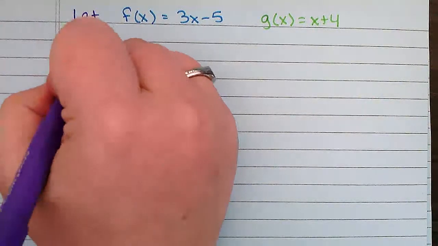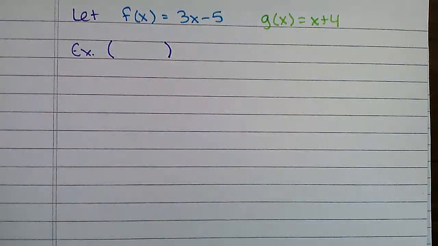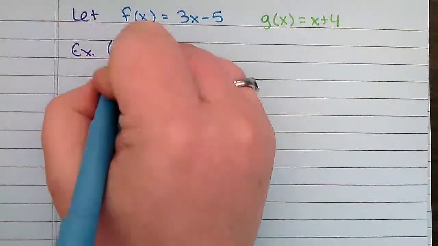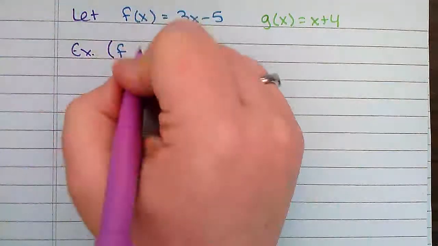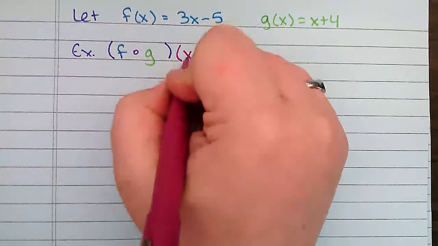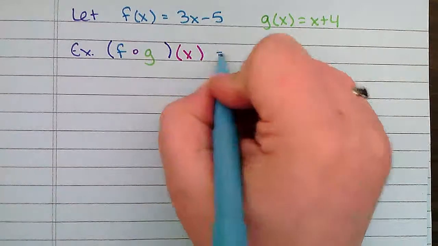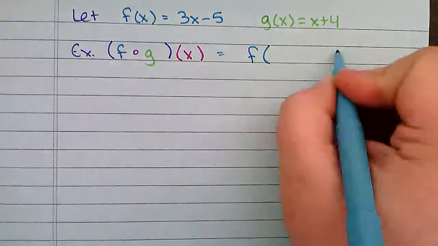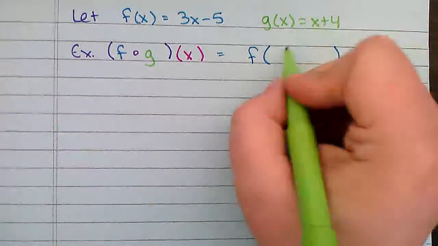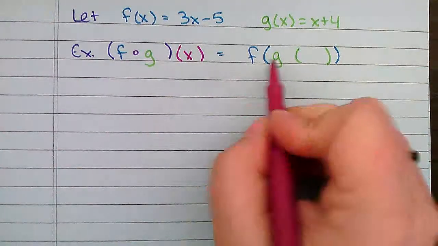My first example, I want to find f of g of x. So f, small open circle, g of x. Okay, so remember, when I'm doing these, the first function goes on the outside. So f will be on the outside, g will be nested inside that, and I'm going to work this function